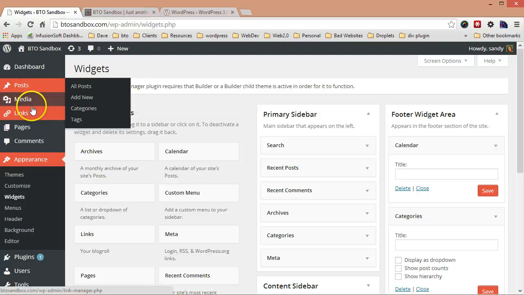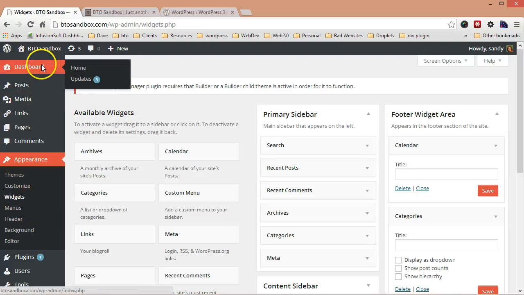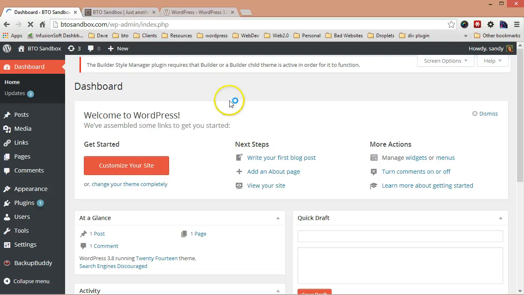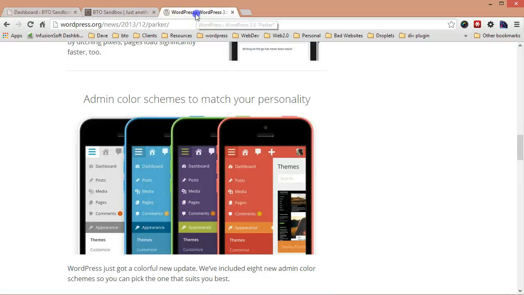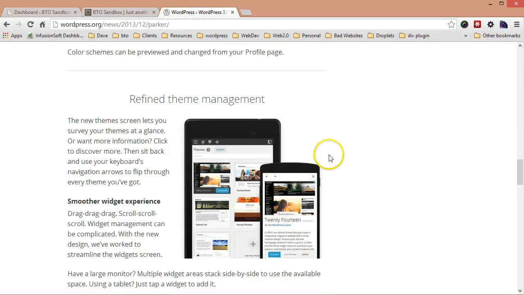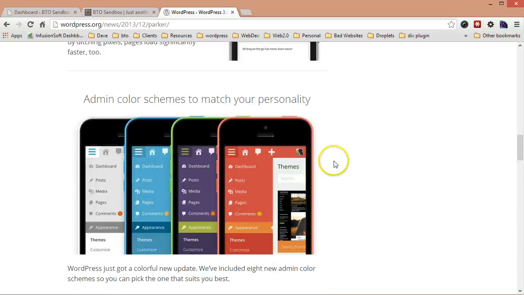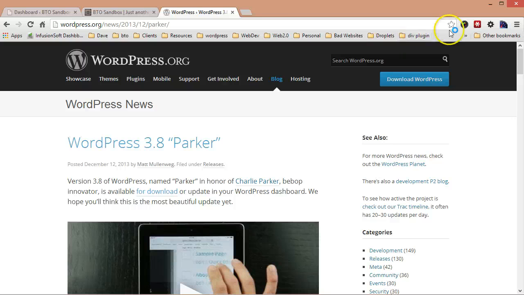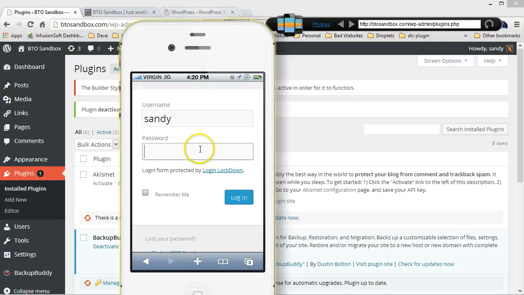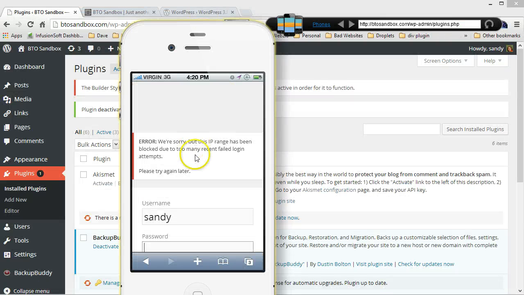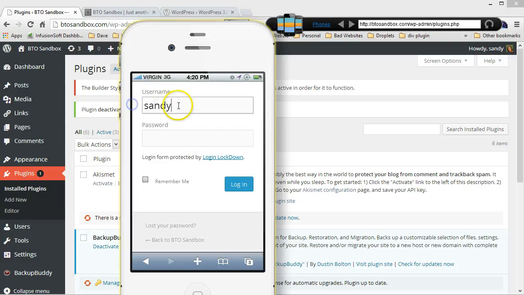And what were some of the other changes that it had mentioned? The typography, the color schemes. Alright, so let's check it out. Let's see what it looks like on a mobile device. Hold on one second. Okay, so this tool that I'm using here is called Mobilizer, and this is to let you preview websites on a mobile device on your computer. So we're going to take a look